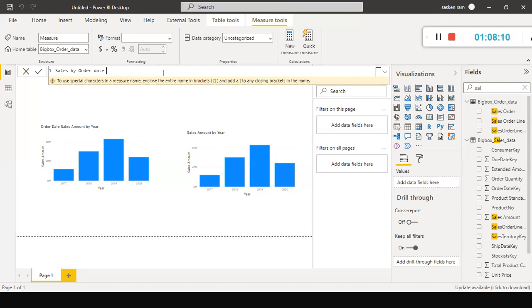Otherwise, why would they keep something like USERELATIONSHIP? We cannot do it with the existing setup because of the limitation. There is another option called role playing dimension. Yes, to answer your question, without using the DAX function, there's another option, role playing dimension. I think you are asking about that.